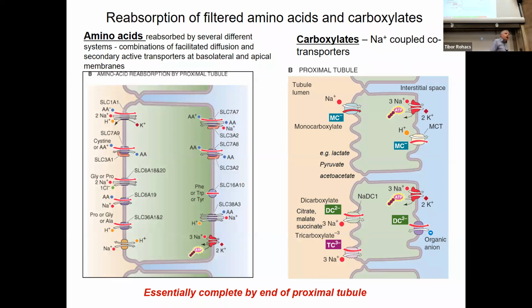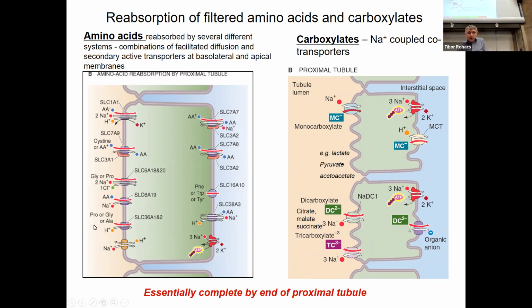So this slide shows the reabsorption mechanism for amino acids and carboxylates. So amino acids are also very important nutrients. This slide is a lot more complicated than the glucose mechanism, because for glucose you only have one, versus amino acids you have 20 of them. So for that reason, you have many different mechanisms, many different transporters. You don't have to worry about memorizing all these transporters. The idea is that all amino acids are reabsorbed either by a sodium coupled transporter, just like glucose,